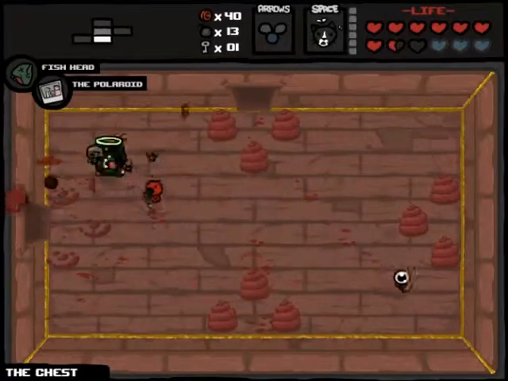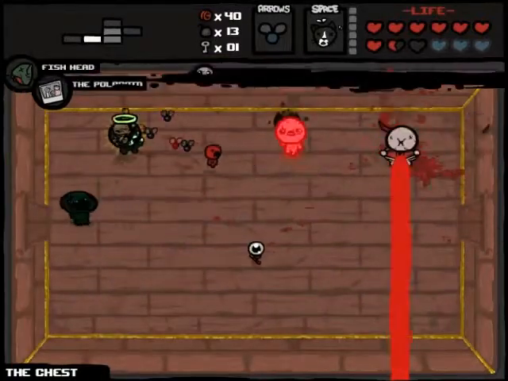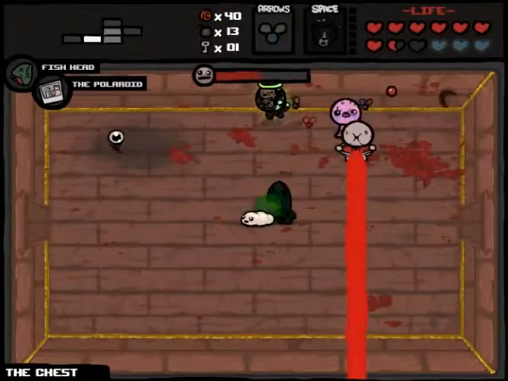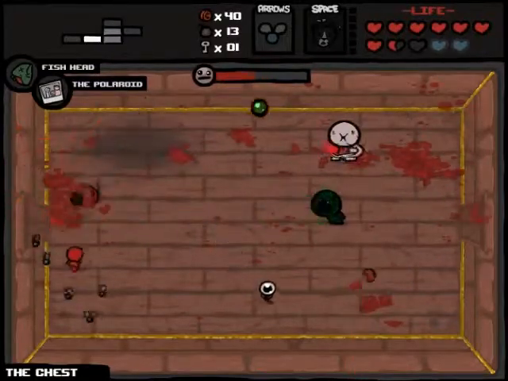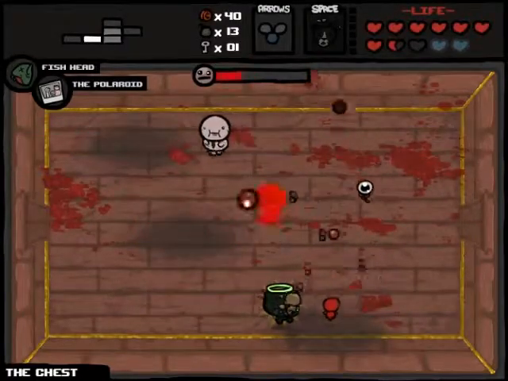Which one of these did I hit last? Right. Okay, this room, kind of scary. I'm not sure who I want to kill last. I think probably, if last didn't hit me there, I probably want to kill Gluttony last because he's going to